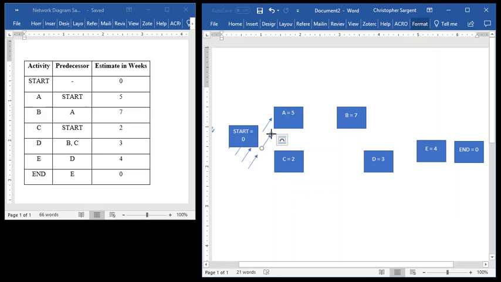And we want to make sure that it's aiming where it's supposed to go. Takes a little finesse, but should be okay. So we go from start over here to A, and then we go from start to C. We have an arrow there. A is a predecessor of B, so we're going to have an arrow here that goes from A to B,